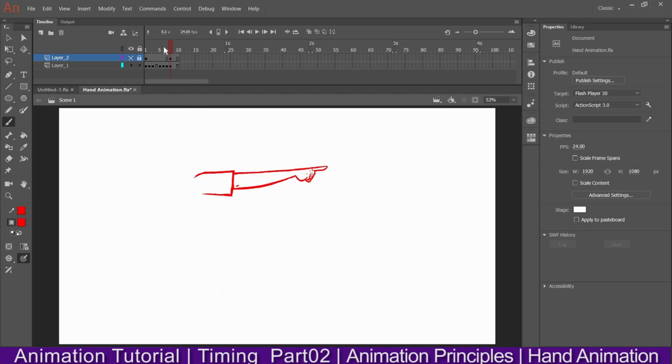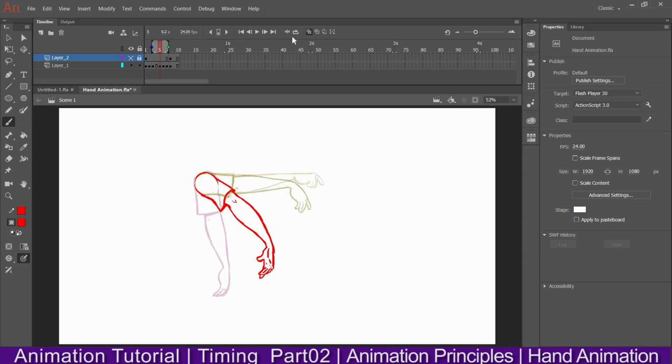So what I did in between this frame. How to know? Let me open the onion tool. Okay, so here you will see some images or some drawings.